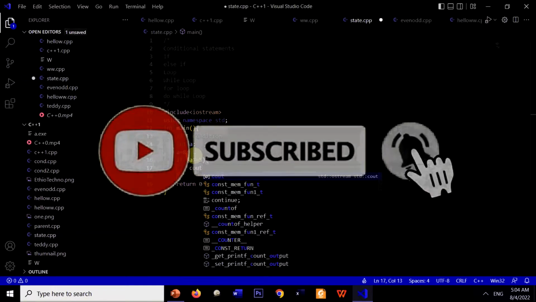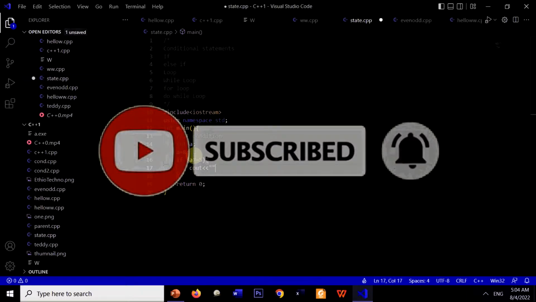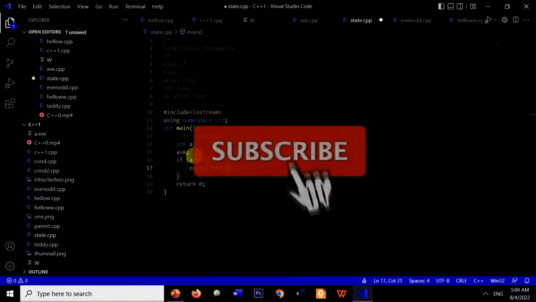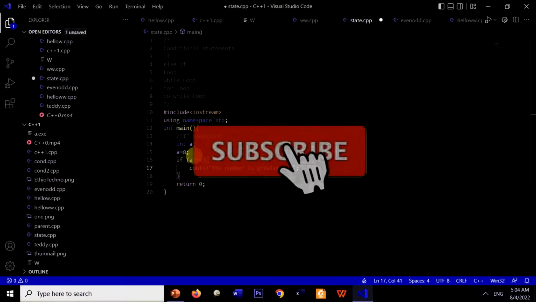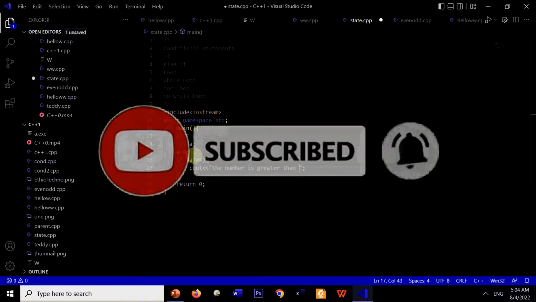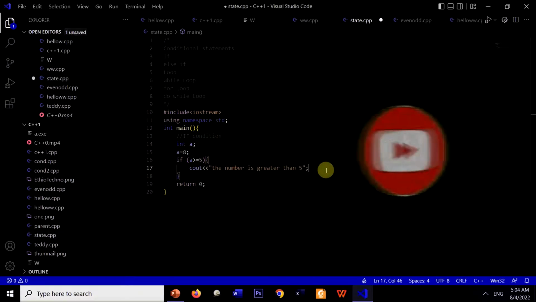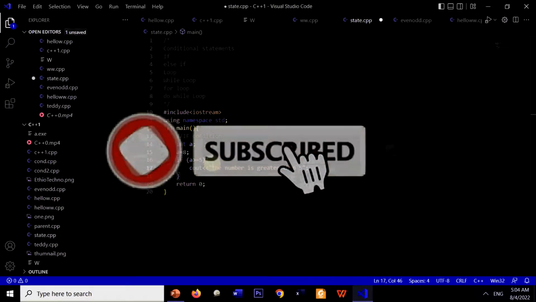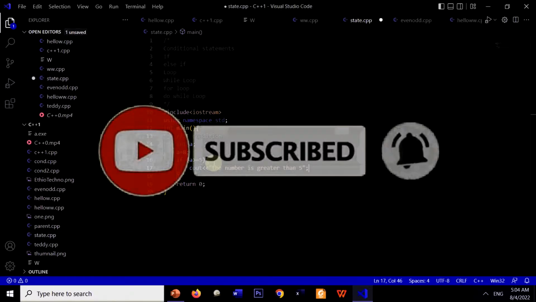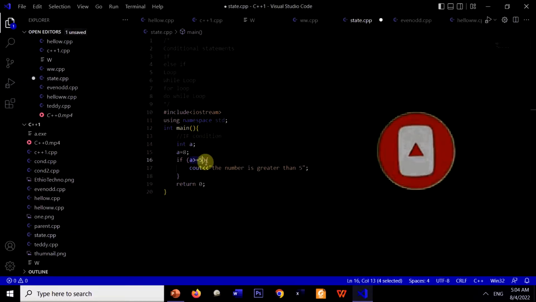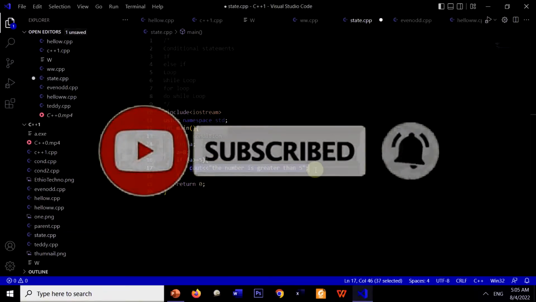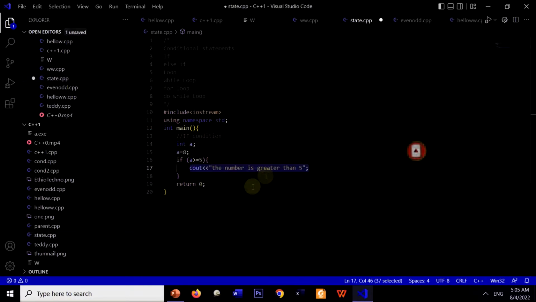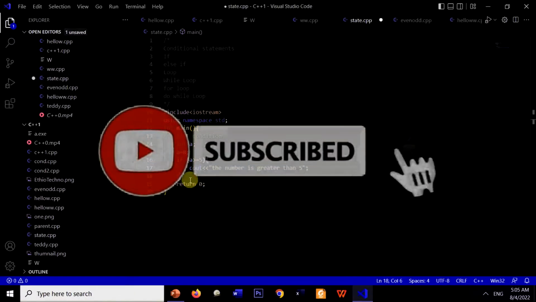cout, the number is greater than 5. Here the scope of this if condition is within the curly braces. If this condition is true, it is going to execute the statements in the curly braces, so this will be displayed on the screen. Otherwise, else,